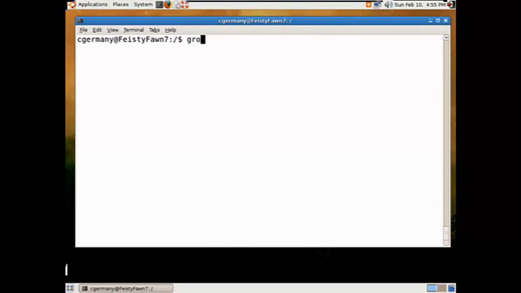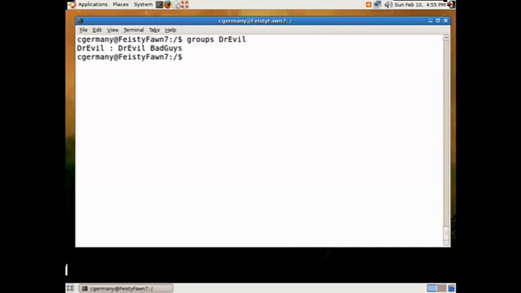Now we're going to use the command groups, again just to make sure that he's a member of Dr. Evil, and now he's a member of Bad Guys. That's his primary group. So we're also going to want to do usermod,